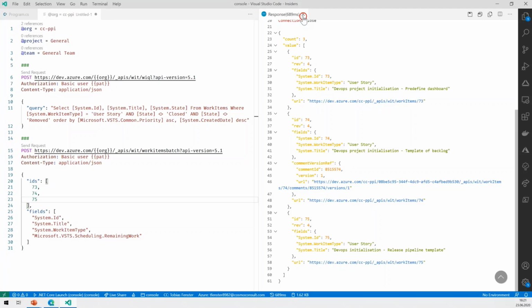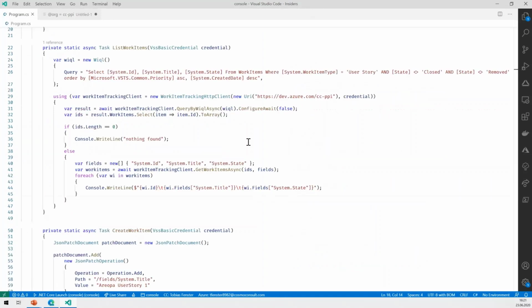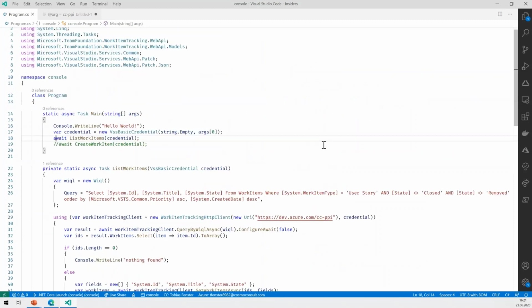The second one that I wanted to show you is how to do this in C#, and because that would involve a bit more typing, I have the sample already prepared. If you're familiar with what a C# program looks like, you will see that this is a very simple scenario. We have the beginning write line of hello world just to show that we're up and running.